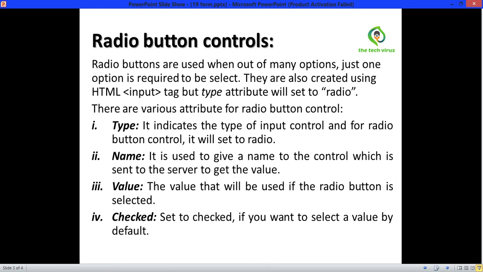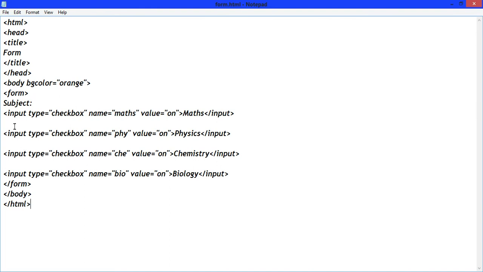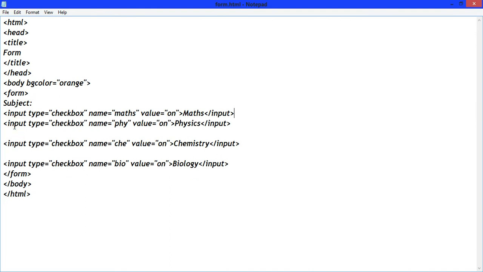Now open your text editor, remove this extra space.